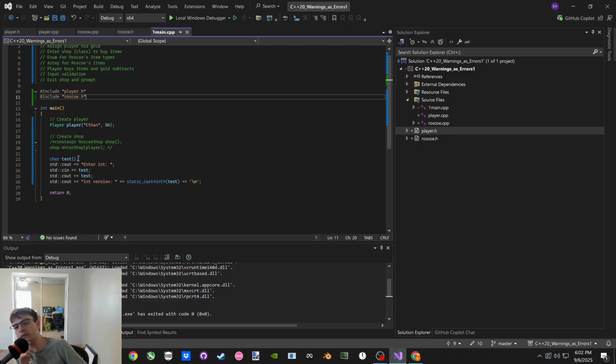Oh, it's because test was initialized to be 0. When it was an integer and we put in Q, it was initialized with 0, and when we tried to extract to it, the extraction just failed, so it stayed 0. It wasn't that Q became 0. The integer was already 0. So